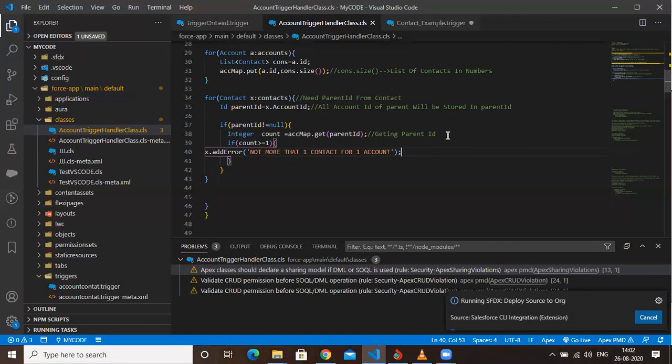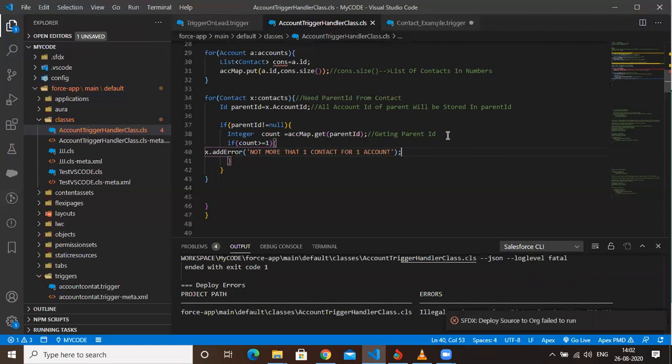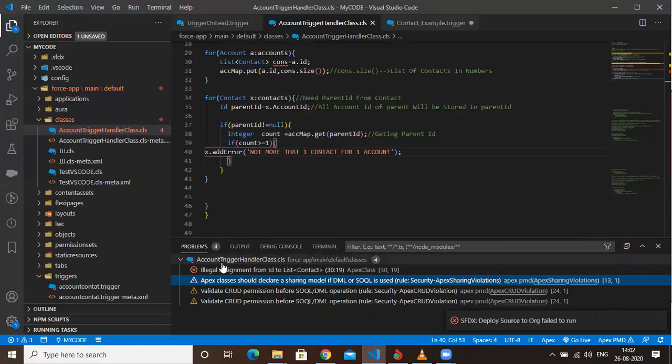It will take some time to save. Okay, some error popped up. Let me check what's the error. Line number 30, illegal assignment of ID to list. Okay, what's that?